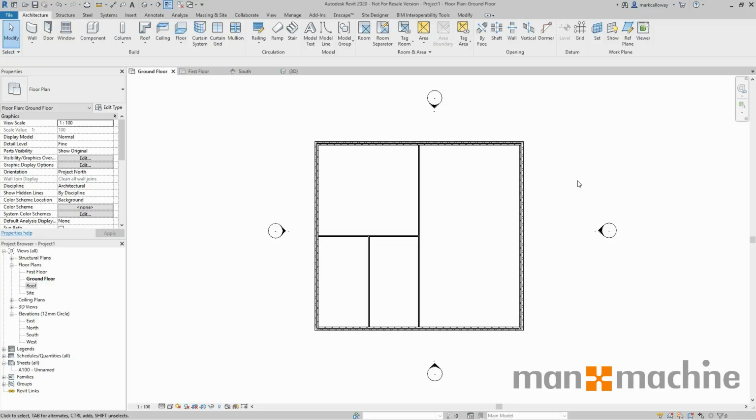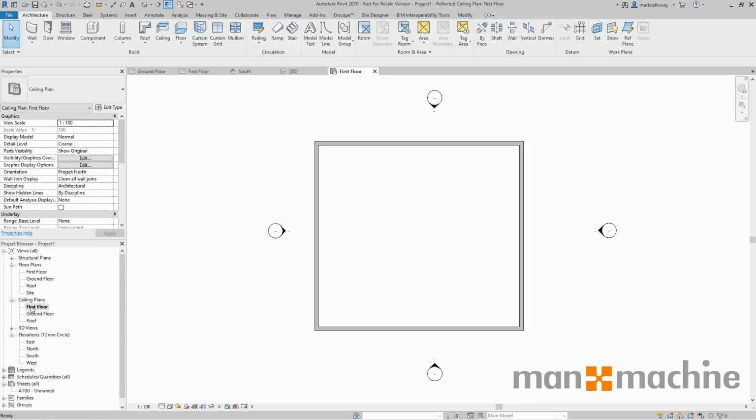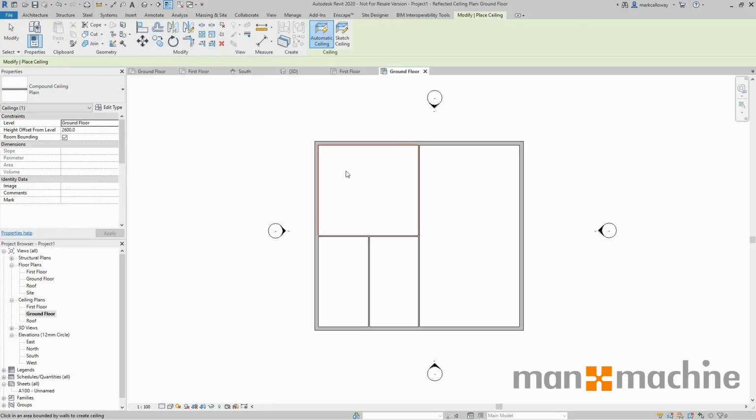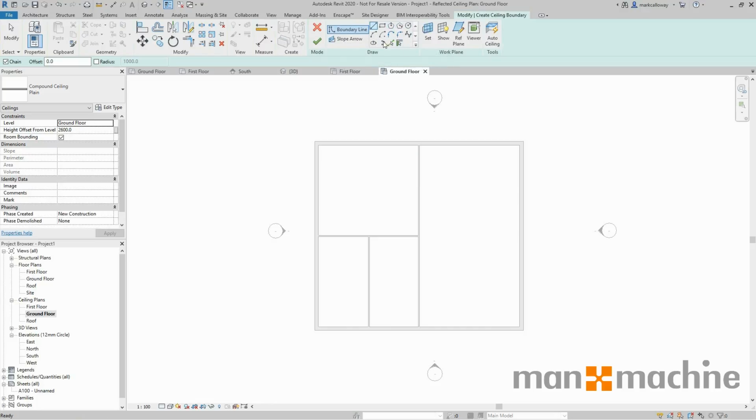And to place ceilings in these rooms, again, going to the project browser, we do have our ceiling plan views. And going to the Architecture tab and clicking on Ceiling. There's no need to draw the boundary of the ceiling. I can manually sketch the outline of the ceiling, allowing me to do some quirky stuff such as ceilings within ceilings. But for this instance, I'm just going to go with the auto ceiling, and I can click within the boundaries